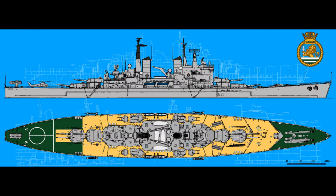HMS Vanguard, the last battleship in the Royal Navy. Her design and construction. By early 1939 it was clear that the first two Lion-class battleships could not be delivered